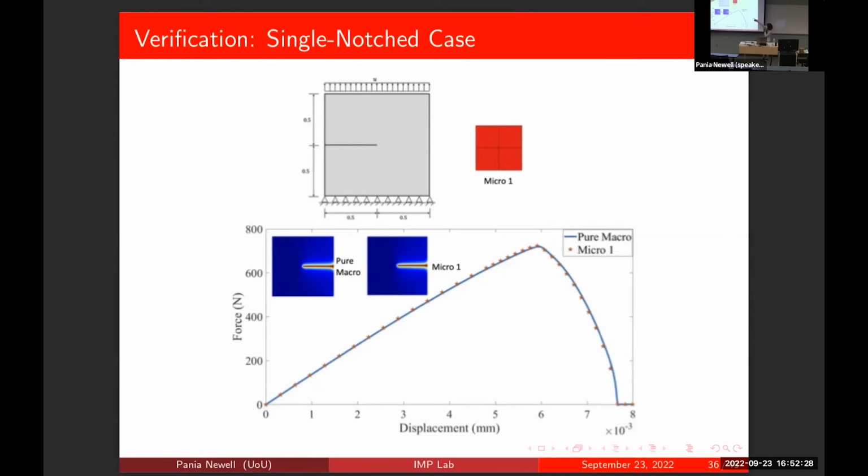As you can see, it's coming from MICDE's example problem, this classical single edge problem. But we wanted to make sure that when we look at this two-scale problem, the homogenization problem, versus looking at it only at the microscopic level, we get the same results, and that's what this plot is showing. So this is duplicating MICDE's problem, but looking at it at the macroscopic level. That's what he did, and then us looking at the two scales, we can see that the load displacement curve of this system is reproducible.